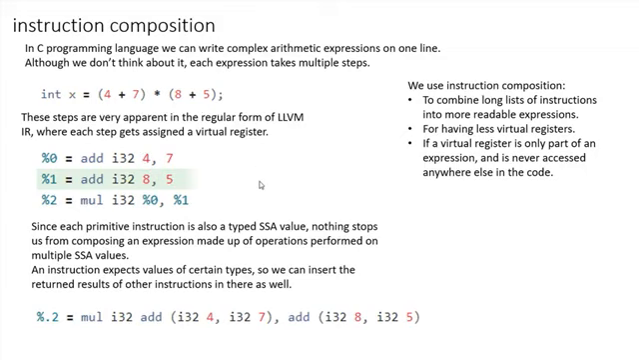So the takeaway point here is that since each primitive instruction is also a typed single static assignment value, nothing stops us from composing an expression made up of operations performed on multiple single static assignment values. An instruction expects values of certain types. For example, this multiplication instruction expects two 32-bit operands that it multiplies together. So we can insert the returned values of other instructions, and as well we can insert these two add instructions as the operands into the multiplication instruction, since the multiplication instruction expects two 32-bit integer values, and